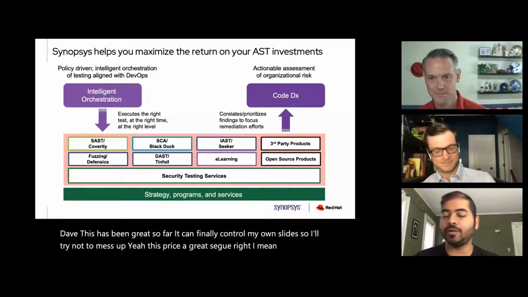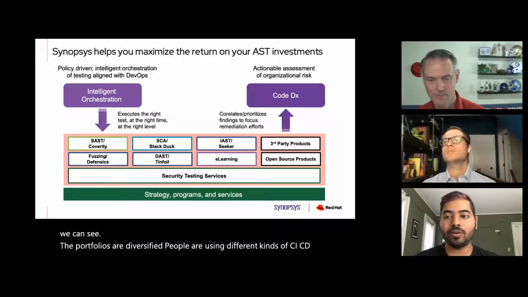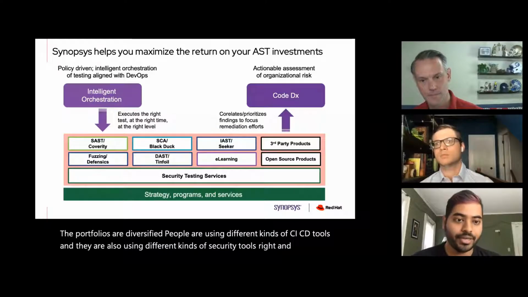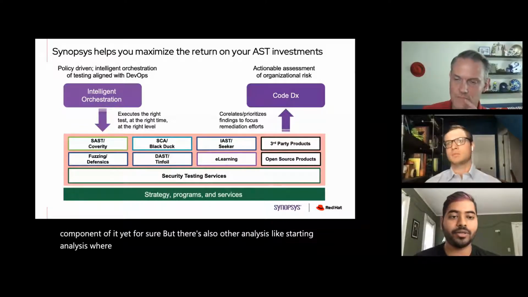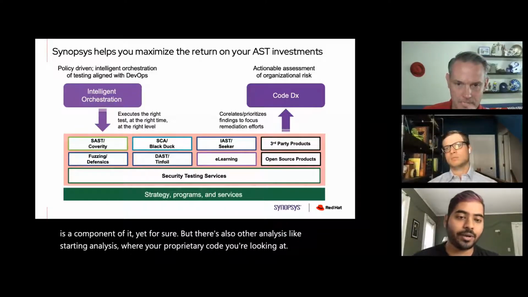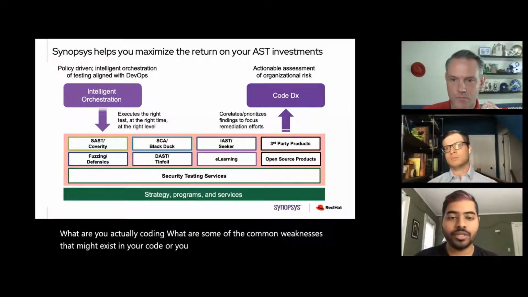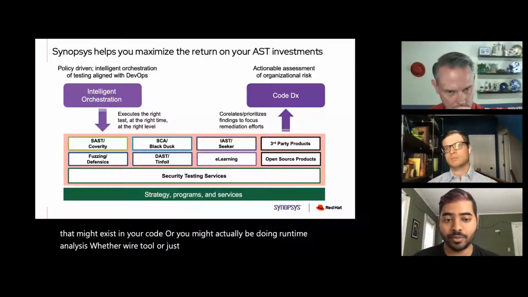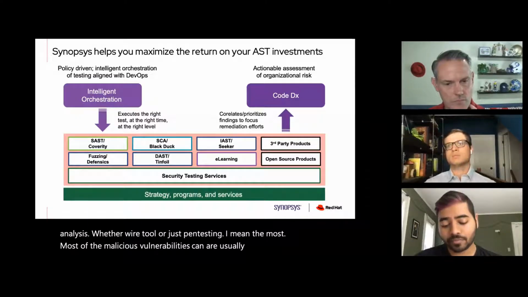I mean, as we can see, the portfolios are diversified. People are using different kinds of CI/CD tools, and they are also using different kinds of security tools, right? And SCA is a component of it, for sure. But there's also other analysis, like static analysis, where for your proprietary code you're looking at what you are actually coding. What are some of the common weaknesses that might exist in your code? Or you might actually be doing runtime analyses, whether via a tool or just pen testing. I mean, most of the malicious vulnerabilities are usually found using manual pen testing,